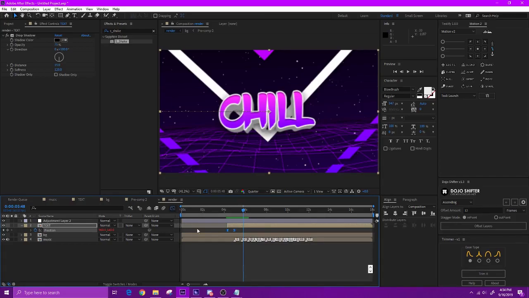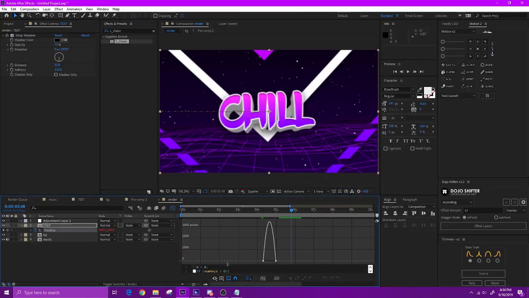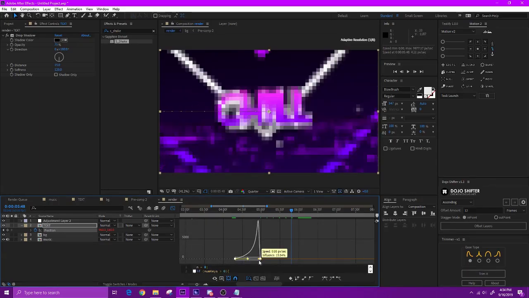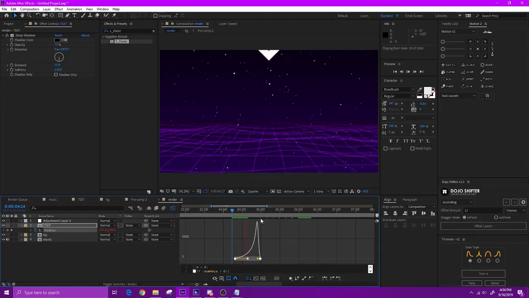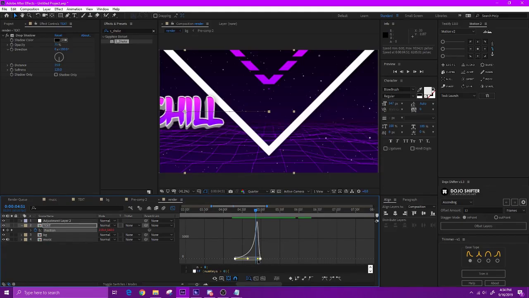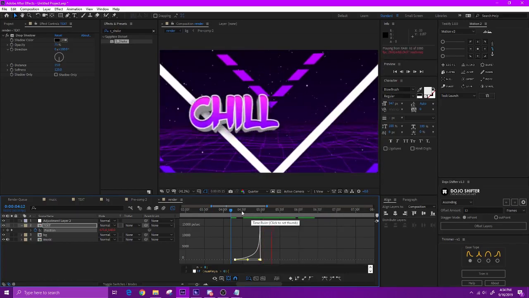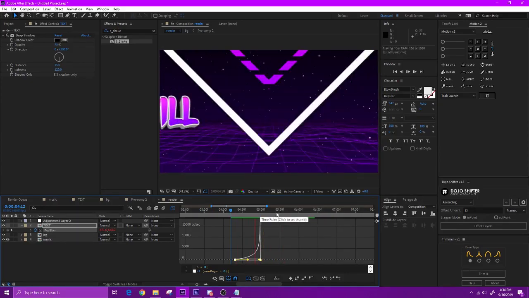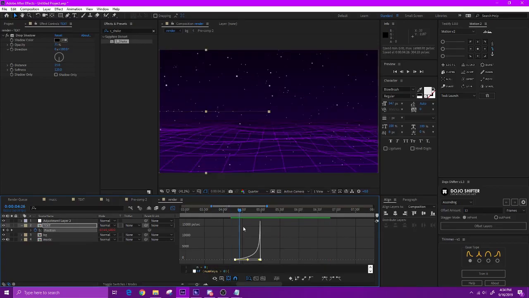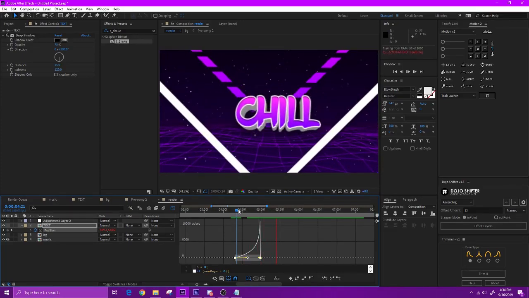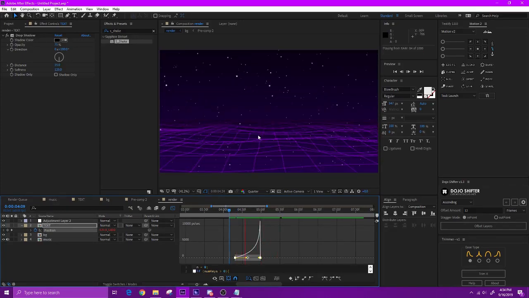Now F9 it. Now you want to make sure you're in your speed graph. Now you want to make it so the easing is right there. So it's still kind of like bounces on. You know what I mean? You may want to make it less intense, so make it like that. This is like a good amount of